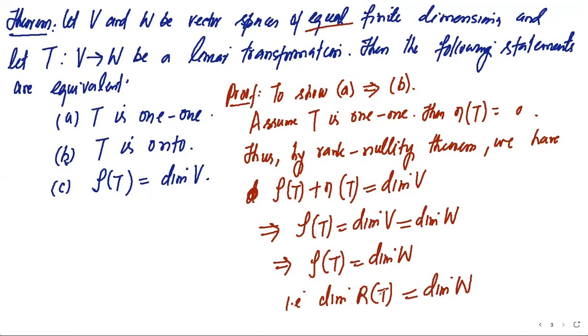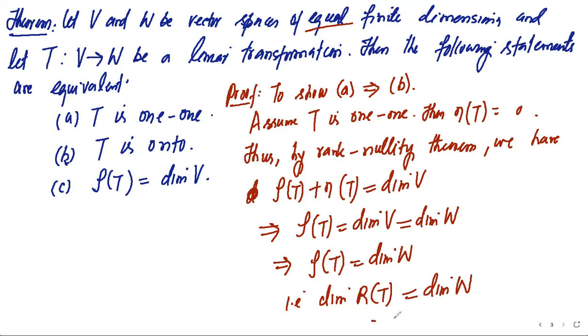हमें मिला dimension of range of T is equal to dimension of W. Now what is this range of T? Range of T, we know it is a subspace of W. ये है ना याद आपको, range of T, it is a subspace of W. ये हमने already किया हुआ है. So once we have range of T is the subspace of W, and this dimension of range of T is